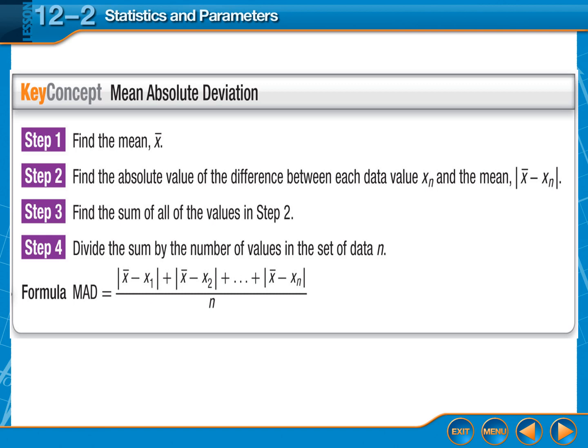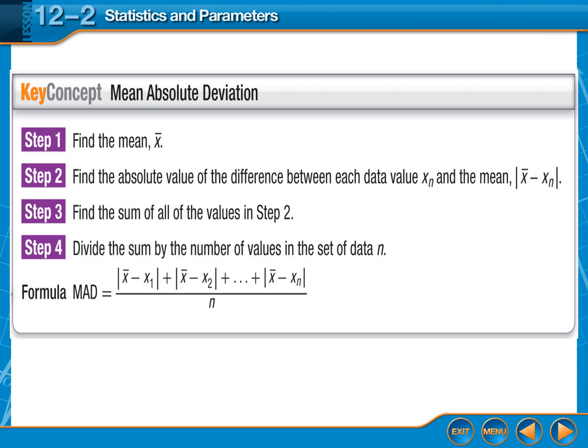You're going to subtract the mean from each data point. And whether it's positive or negative, you're going to take the absolute value of that difference. So step 2 literally says find the absolute value of the difference between each data value, x sub n, and the mean. These weird symbols, you see those 2 lines on the outside, that means absolute